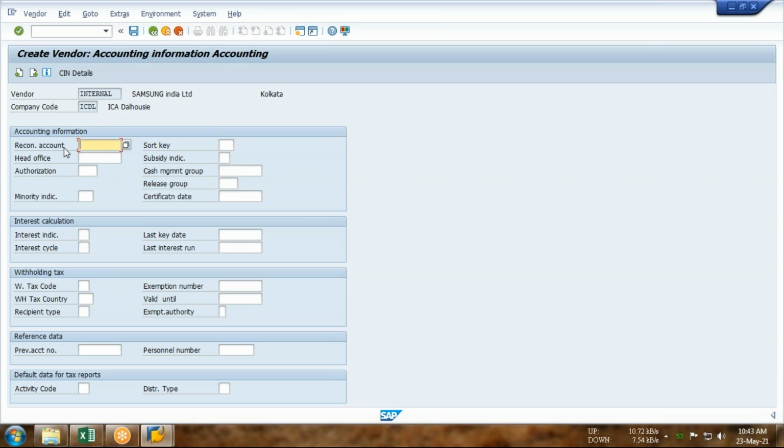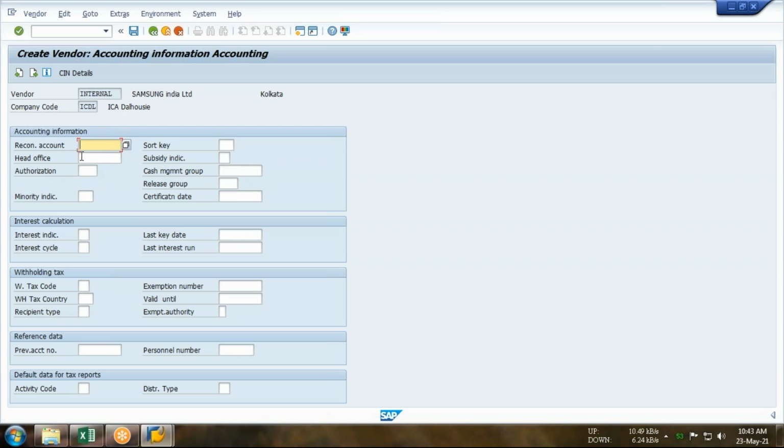Guys, whenever we have start configuring the GL, we have understood what is the purpose of configuring GL. What is the purpose of configuring GL? So purpose of the configuring GL is what? To maintain all the transaction. I repeat, purpose of configuring GL is what? To maintain all type of transactions. So if you want to maintain the transaction for the vendor, so there must be a vendor GL.